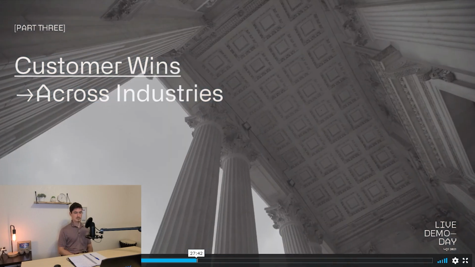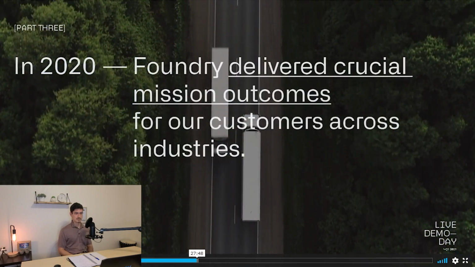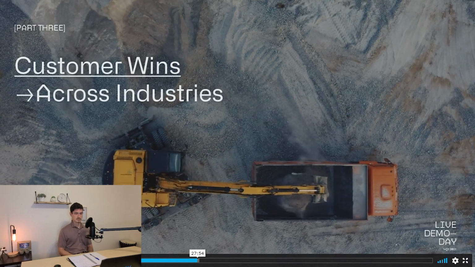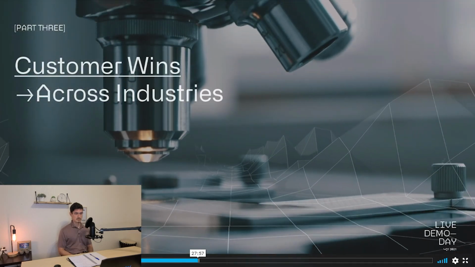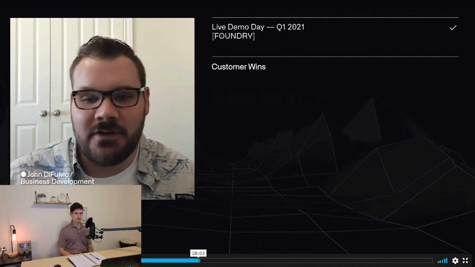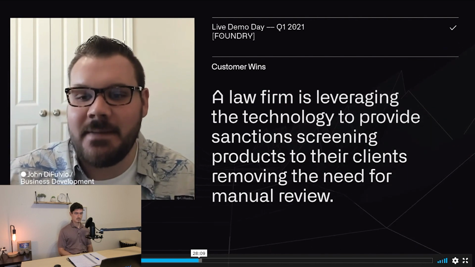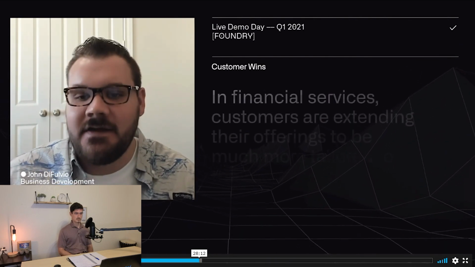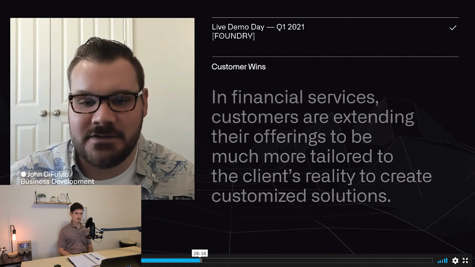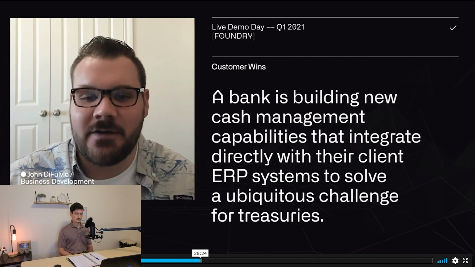Software solution for better decision making, enabling businesses to actually turn their data and models into transformative change. This is especially clear from the business and institutional outcomes Foundry has enabled across the world. We want to share a few of those with you today. Some of our partners are using software where software really hasn't played a role previously. For example, a law firm is leveraging the technology to provide sanction screening to their clients, removing the need for manual review. In financial services, customers are extending their offerings to be much more tailored to the client's reality to create customized solutions. A bank is building new cash management capabilities that integrate directly with their client ERP systems to